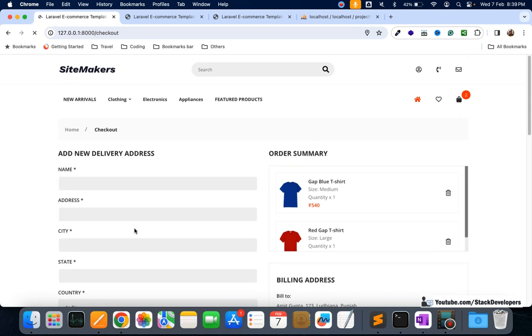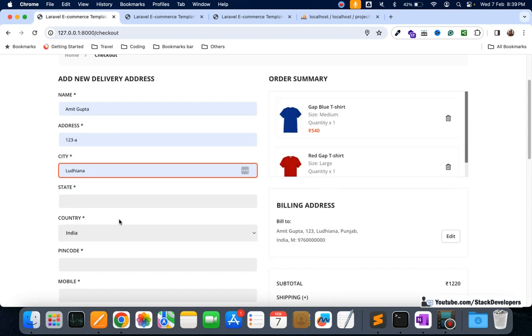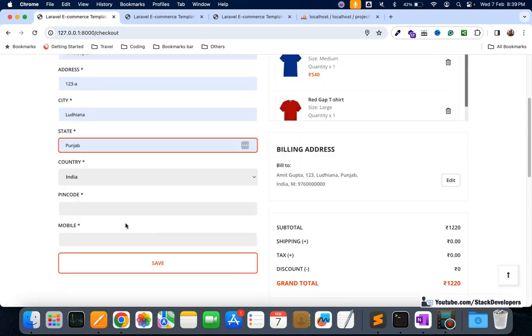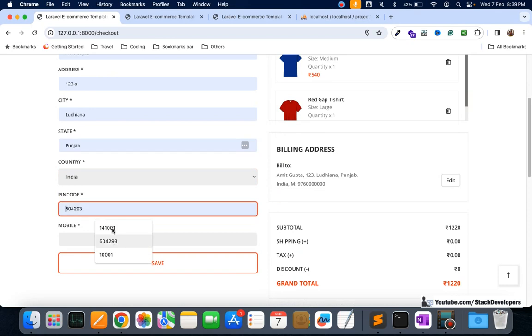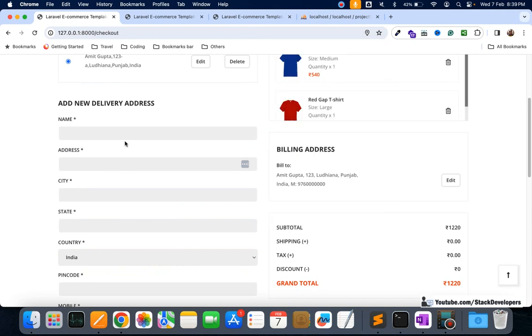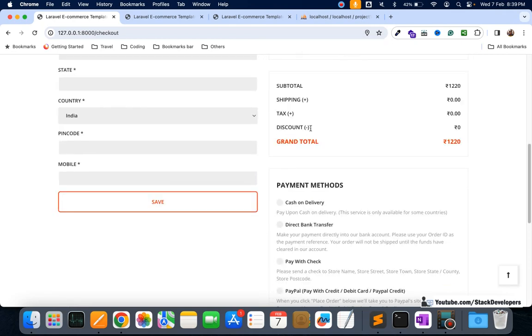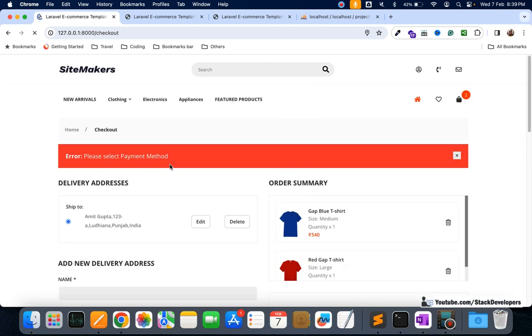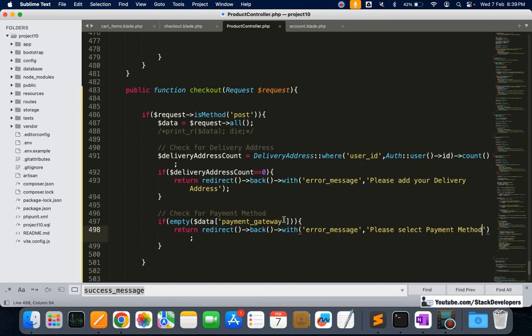So now we are going to see. If I first of all add one address, okay, you can see address has been added. So now if I will not select any of the payment methods, then another error will come, please select payment method. Okay, so now the customer is required to select one of the payment methods. And now the last check, that is